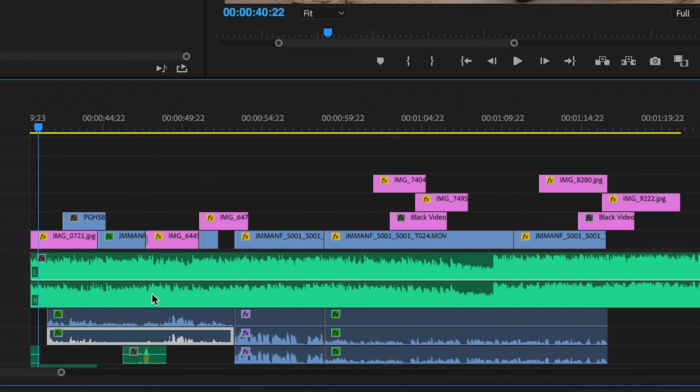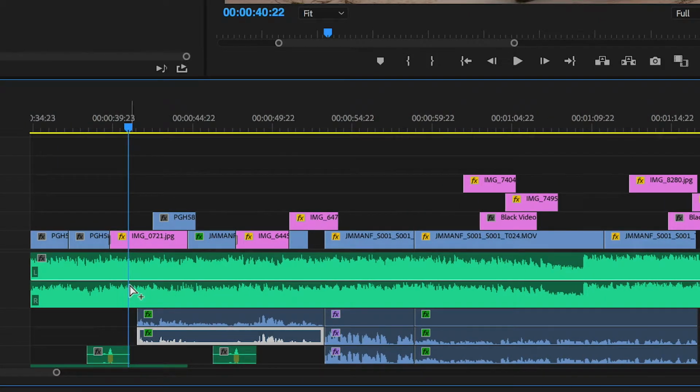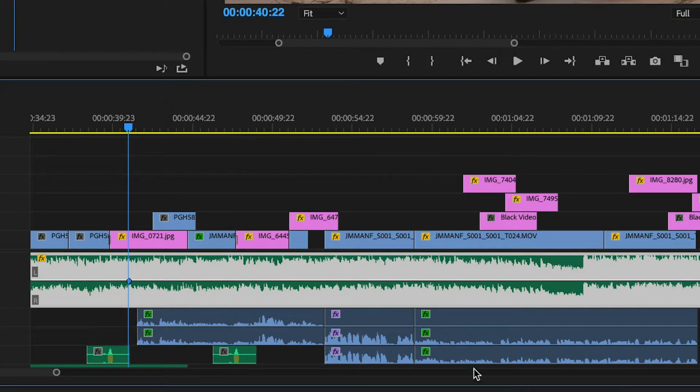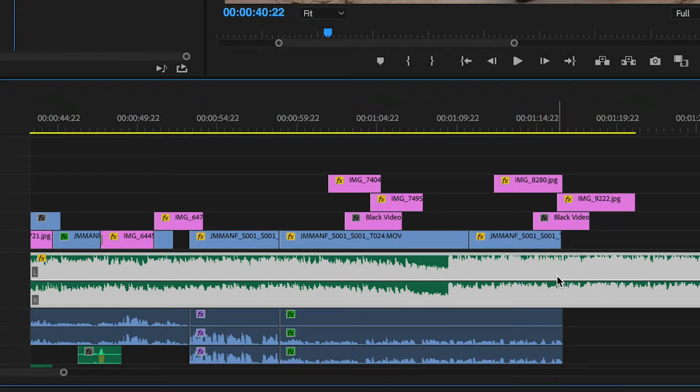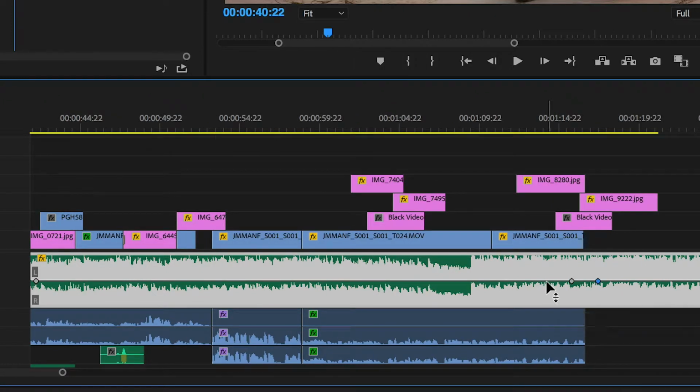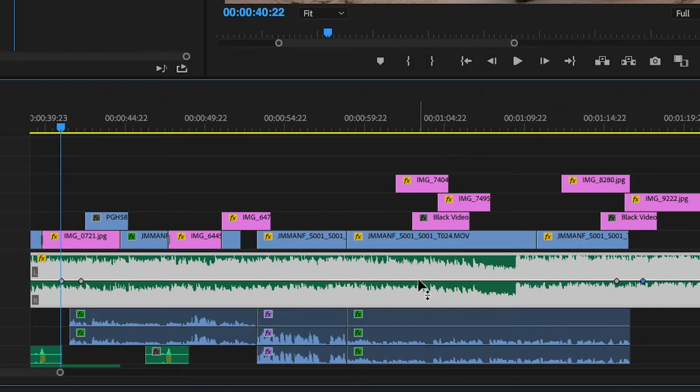So I'm just going to do that by clicking and holding Command and putting one keyframe on the outside, one keyframe on the inside. Scroll over. This is the end of that particular dialogue, or that couple talking. So again, add a keyframe, keep holding that Command button, add another keyframe. So now I have 4 separate keyframes, and in the middle here is the section that I'm going to lower.